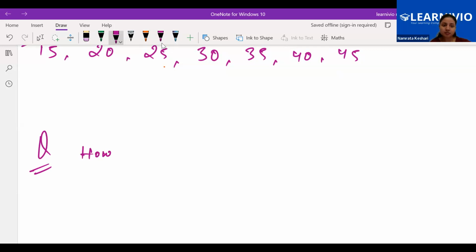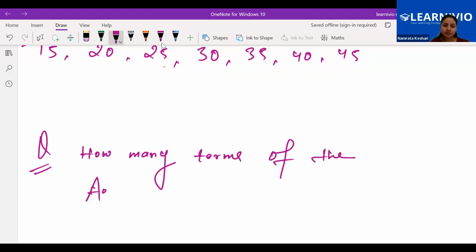How many terms of the AP... Yes, everyone. Maha, Aisha, Harshit. Ziana is also there. Sumaya is also there. Everyone is there. Please solve it. How many terms of the AP